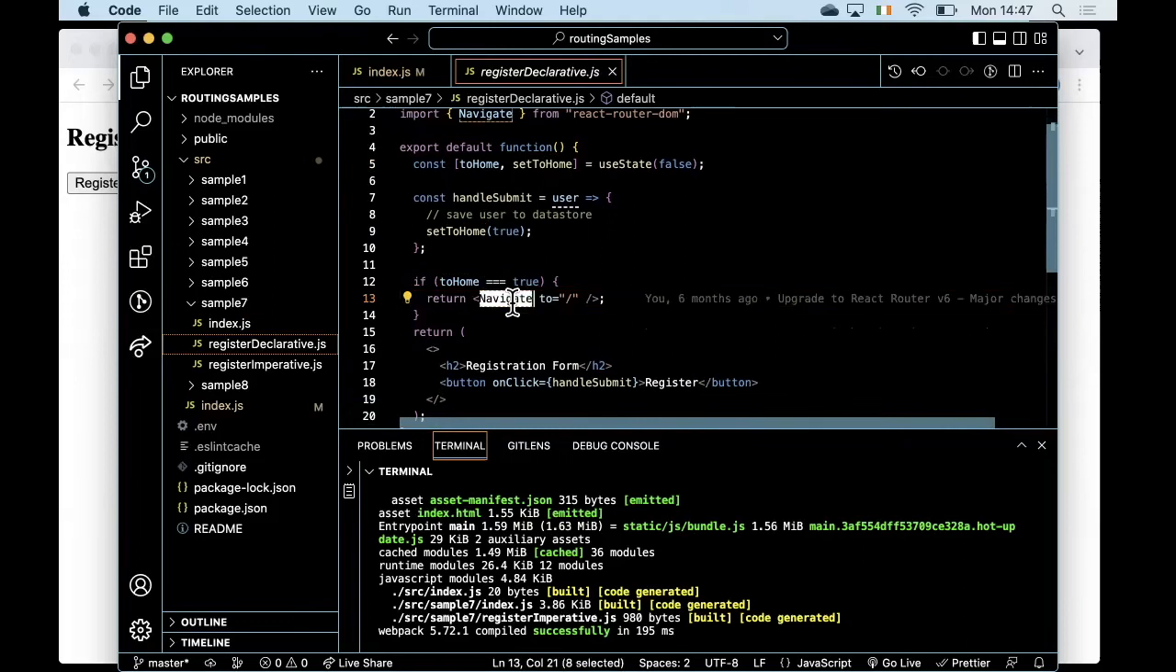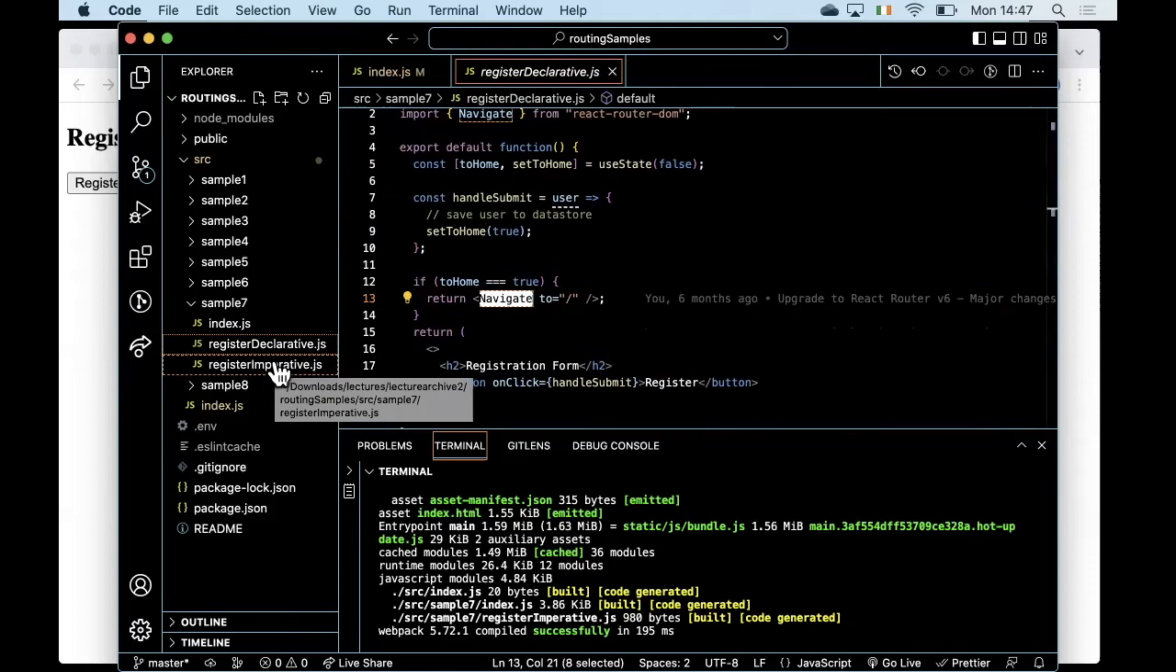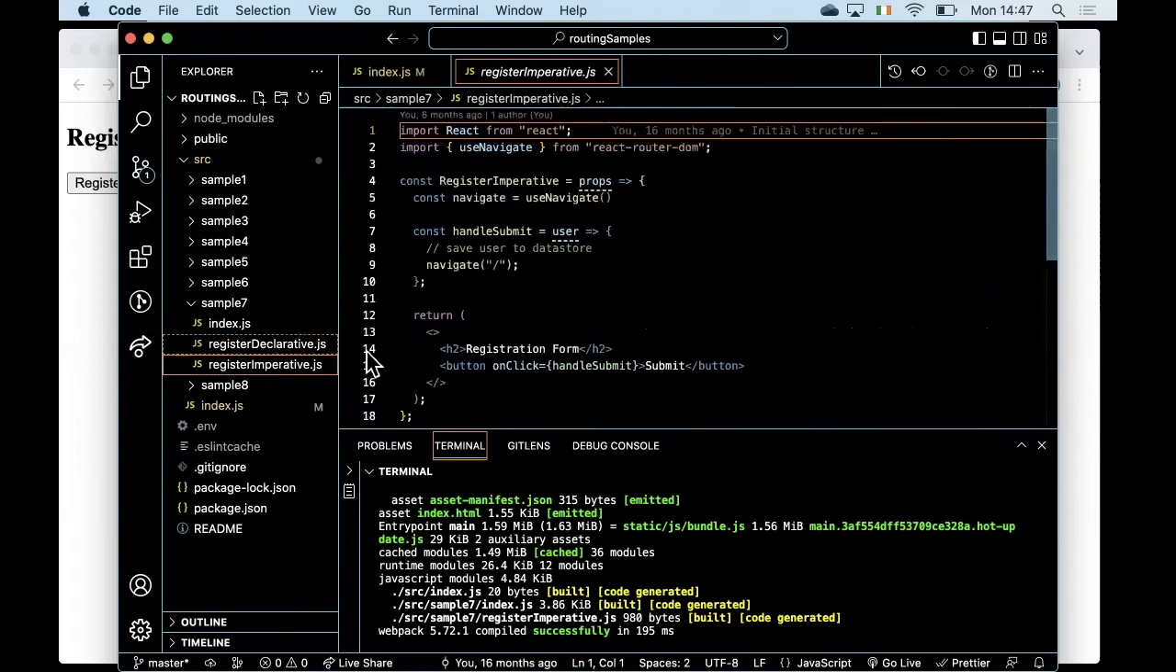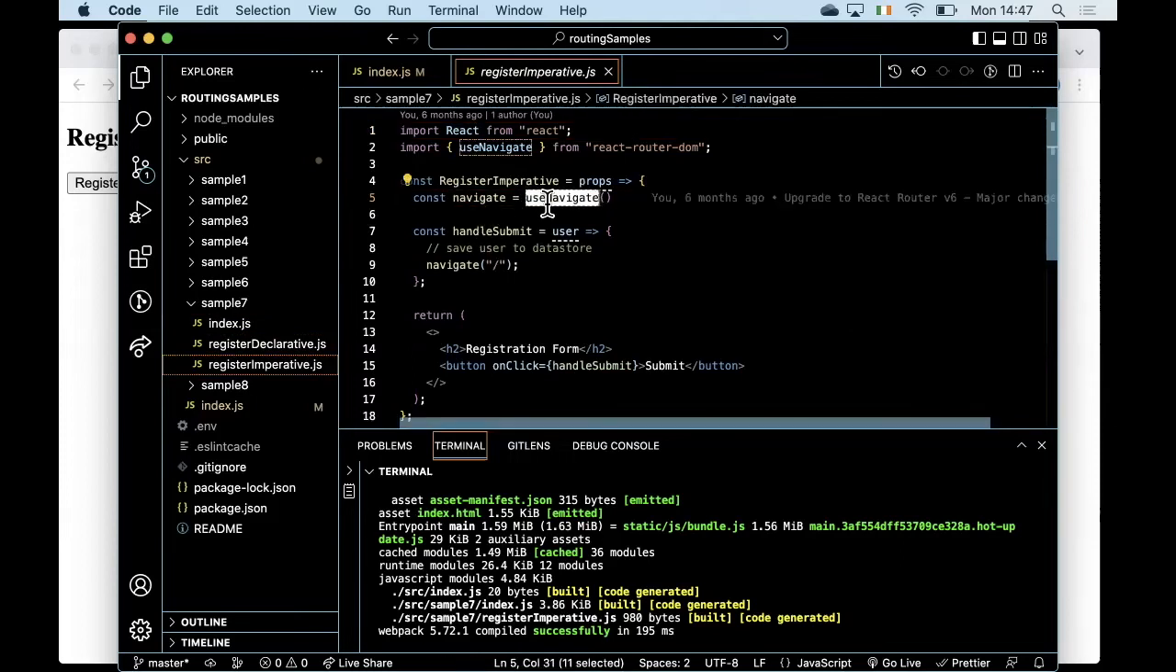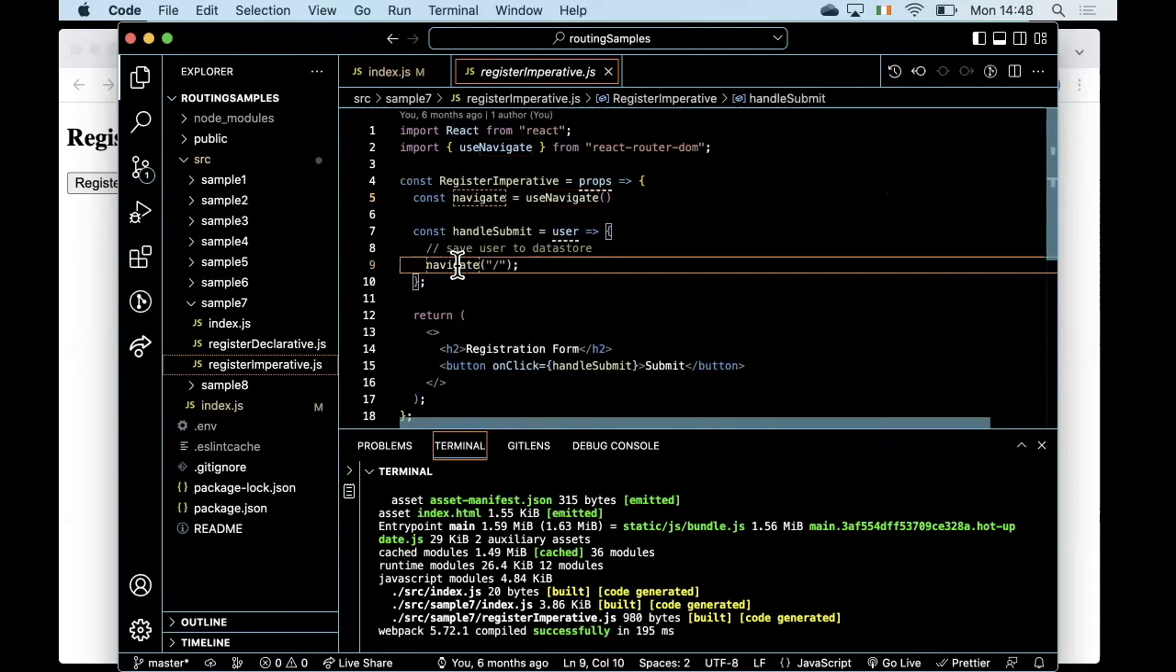For the imperative approach, it's the exact same flow, but if we just look at the alternative implementation, which is here, there's no state variable in this case, but we are using a hook. You use the useNavigate hook, and that doesn't really take any arguments. What it returns is a function. And anytime you call that function, which I'm doing here,